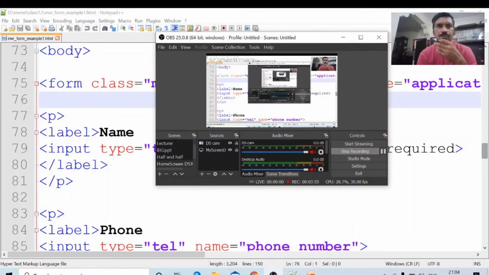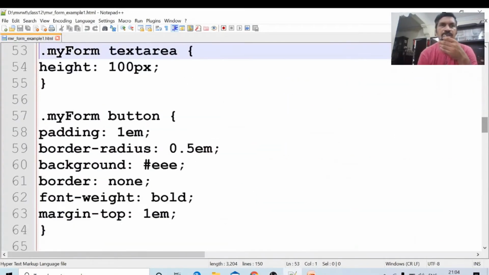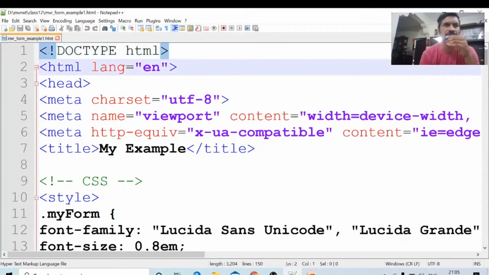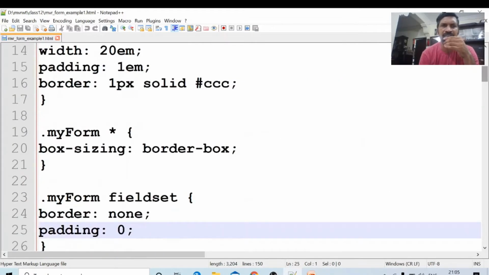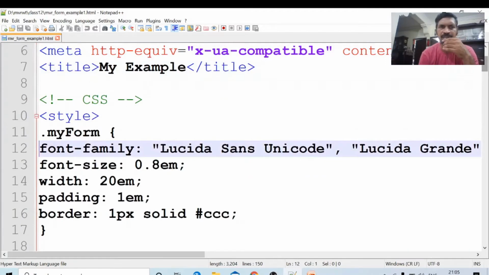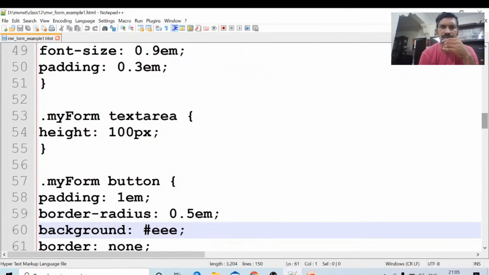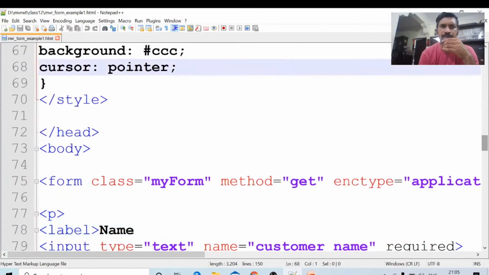First, this is the form. Document type: this is HTML5 content, that's why we have written the document type. We will see it later. Next, the HTML metadata. Just use style is there. What is the style? The next topic is style, we will see it in detail. Legend and the like, all these we will see later. Just copy paste those.